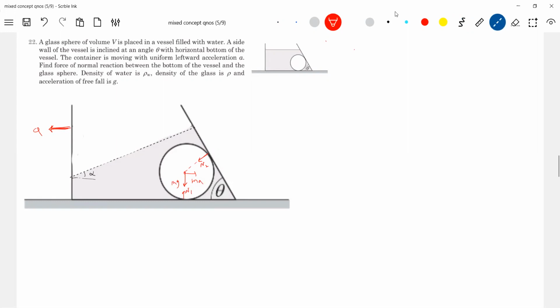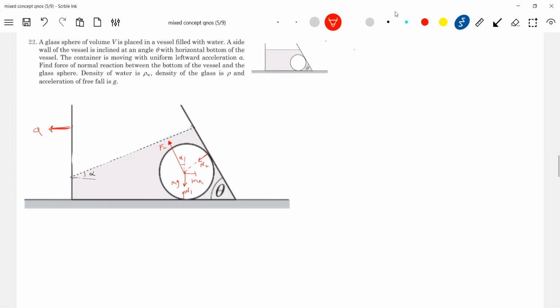What about the force due to the liquid? It should be like this. So there's the force by the liquid. Now what can be this angle? Shall we put the same alpha only? Sir, how come? So there's a resultant force exerted by the liquid on the sphere, and it should be directed perpendicular to the free surface.